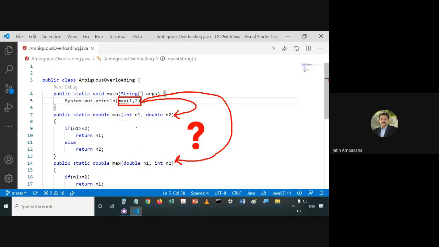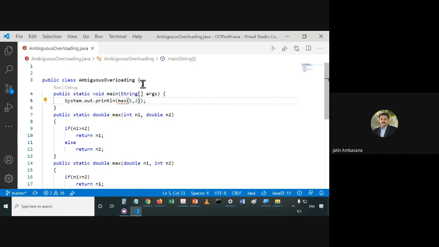If we change the type of the literal, let's say I change this 1 to 1.0, then it is clear what we are passing from this call: one double and another integer. So obviously that maps to this method. One is a double and another is an integer, right?